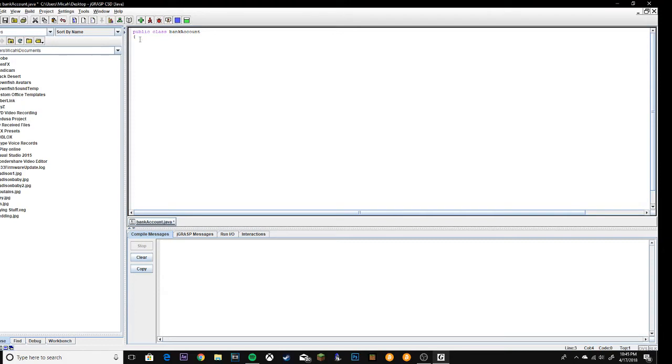And at the beginning of any program where you're going to be creating a constructor for an object, the object in this example being the bank account, we're going to need instance variables. These variables can be string, integers, doubles, and that basically is a data type. It tells you what the variable is going to hold. So if I do private int, well, now let's do private string name,